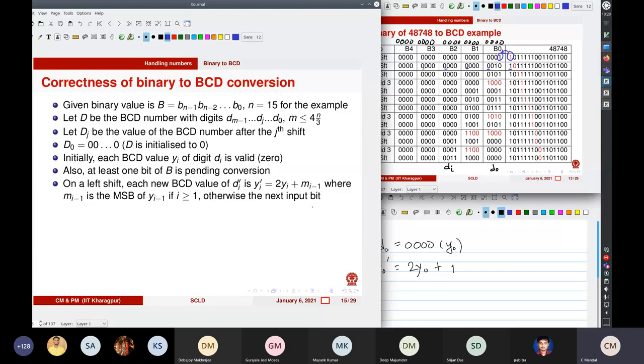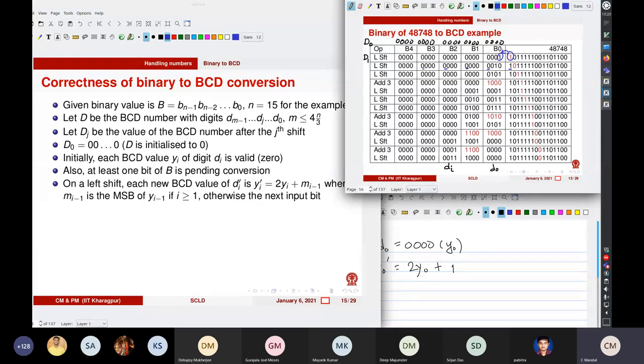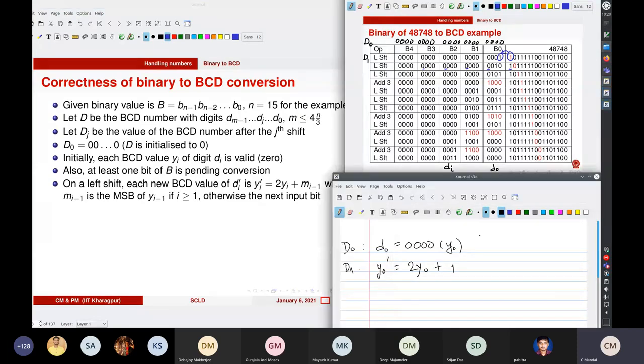So that is what is happening. This is how the value is getting updated. This is what is written here: yi dash equals 2yi because of the left shift plus mi minus 1. That is the most significant bit